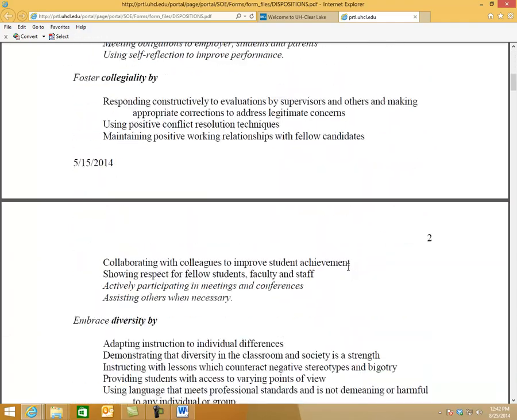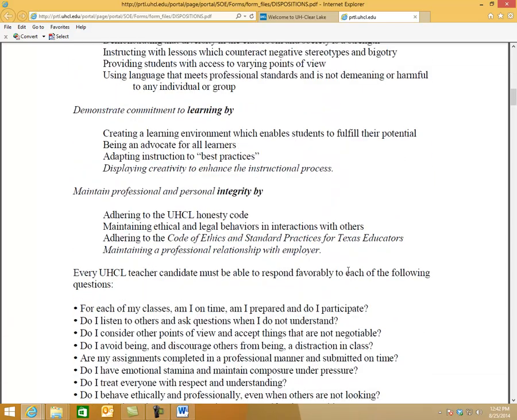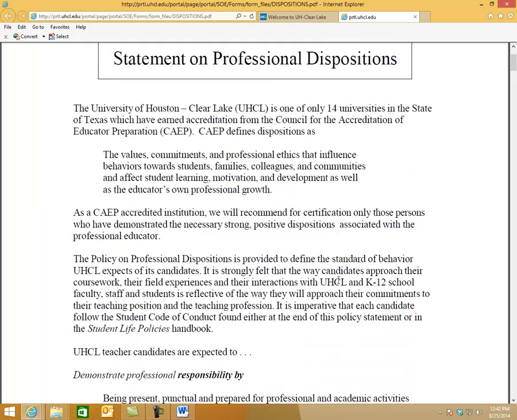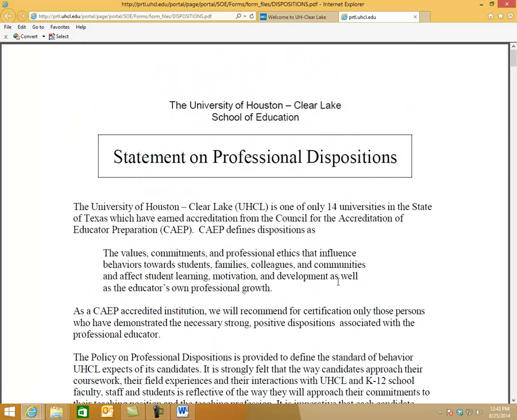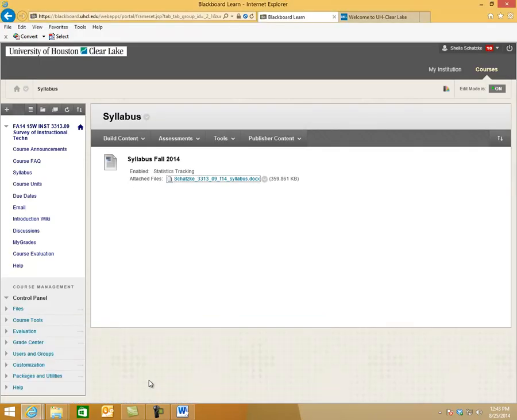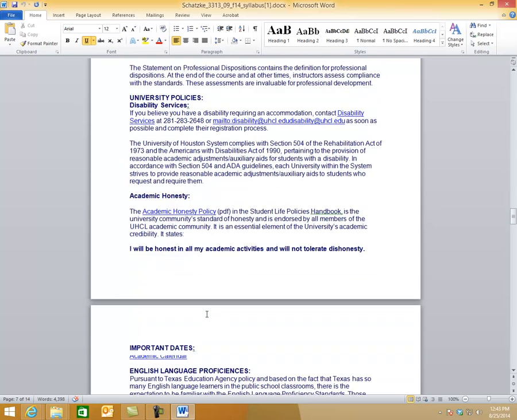At the end of the semester of every course, you will be graded by your professors on your disposition. Now make sure you read it, make sure you understand it, and we'll talk about that when we start talking about the assignments. Okay, make sure you read through that.